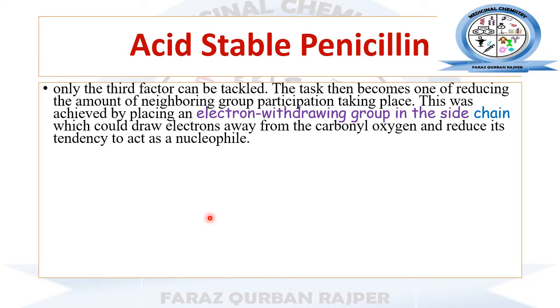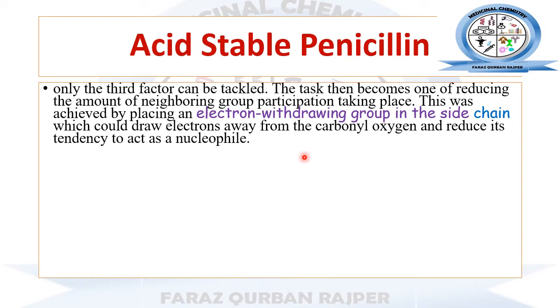So by the presence of different functional groups in the acyl amino side chain, we can make the penicillin stable towards the gastric acid media, and now that penicillin will become compatible or palatable for oral formulation. For example, if we introduce an electron withdrawing group in the acyl amino side chain, this will have an effect on the carbonyl oxygen, meaning it will draw electrons away from the carbonyl oxygen,